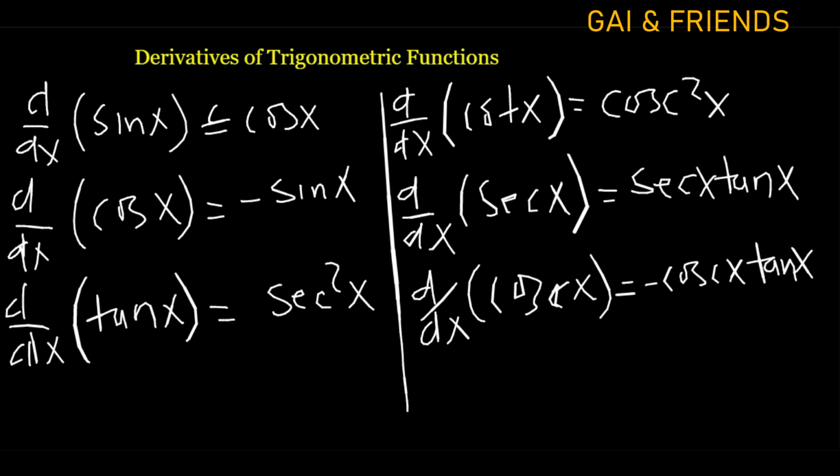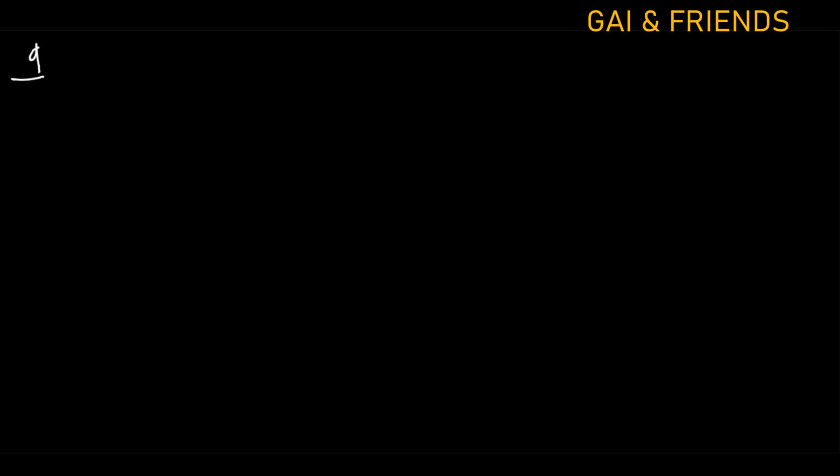So these are important derivatives that can be very helpful to you. But you need to know how they come about. How does it come about that the derivative of sin x is equal to cos x? You can prove all this using the first principle to differentiate them so you can get their derivatives. Now let's look at the first one. The other ones you can prove using the same principle that we're going to use on the first one. Let's get started. Let's prove that the derivative of sin x